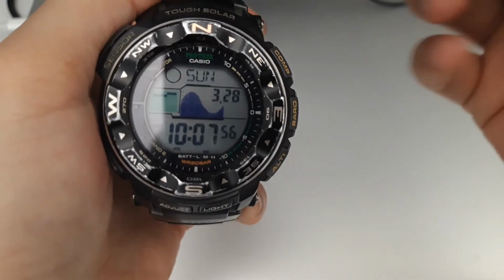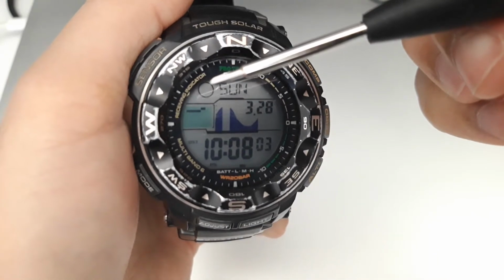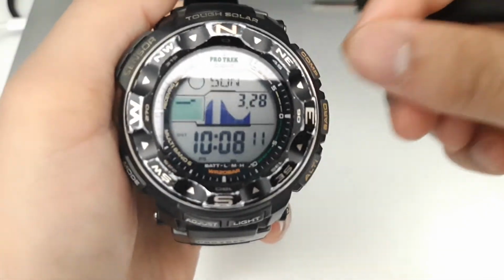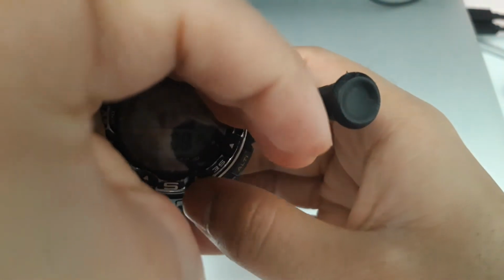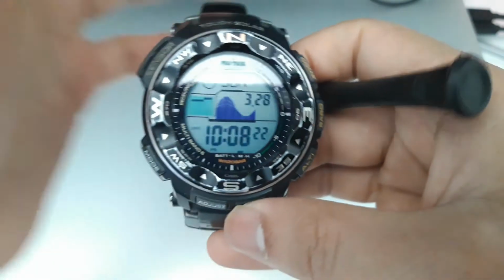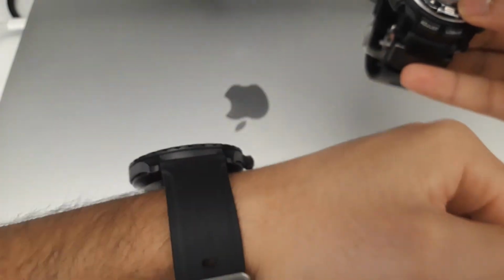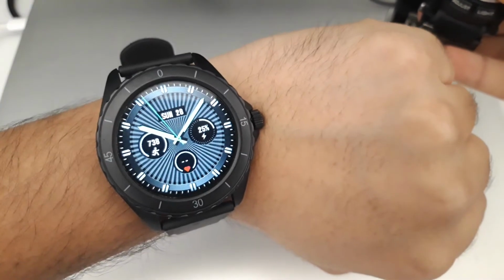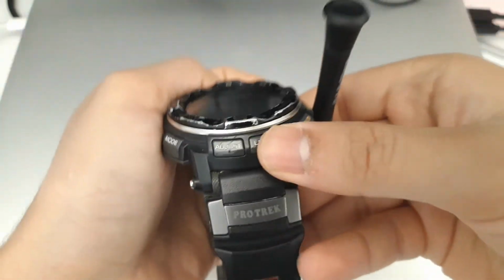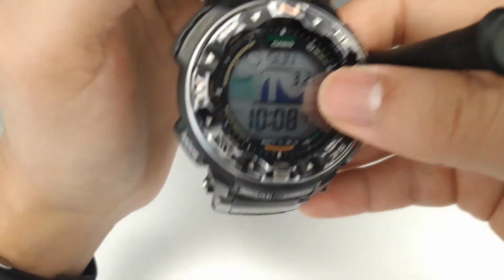And if we see, there is this graph area, the green area, that shows the barometric data. And there is one more option in this watch, the tilting light. For example, I can try to show. If I do like this, and turn it here, you can see the green light. That's the backlight of this watch. Pretty awesome, pretty good. But there is one more function in this watch, it does the same thing as these watches. If you tilt it, the screen is off. If you tilt it back, the watch screen is on. So in this watch also you can set that option by tilting. You can get the screen light back on without pressing anything. Of course, it will use a bit of battery in this case,